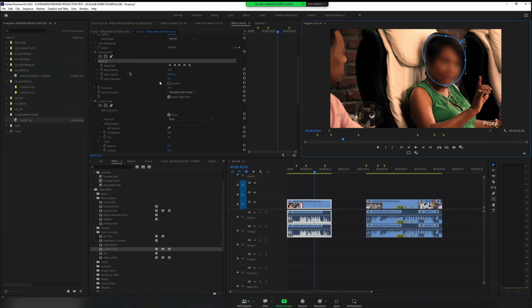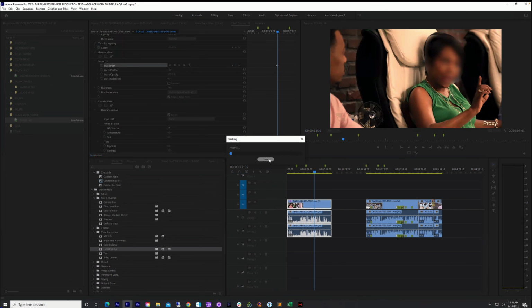And there's actually, I'm sorry, where's the tracker? There is a tracker. If you click the little button here in the mask path, hit the play. If you hit the play button. Yeah, like I think you have to set the keyframe first. But then, if you wanted to track it,